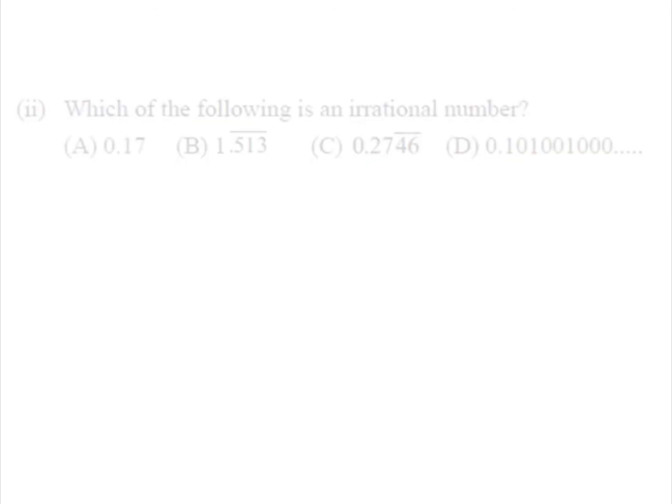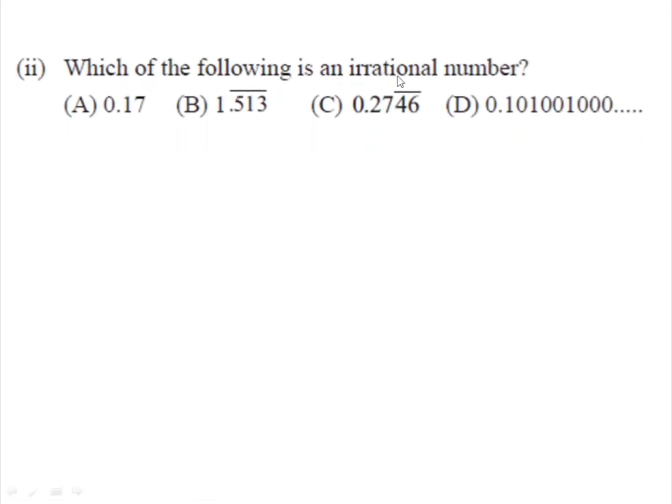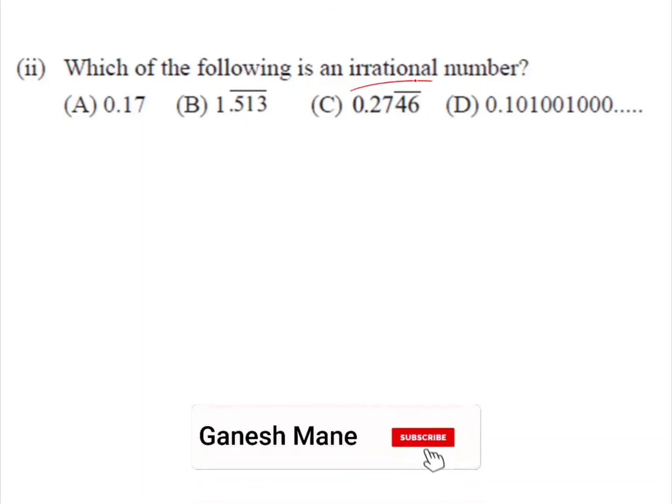Let's have the next question. Which of the following is an irrational number? Options are 0.17, 1.513, 0.2746 recurring, or the last alternative is 0.10100, 1000, and so on. We have to find here the irrational number, and if we consider the decimal form of any